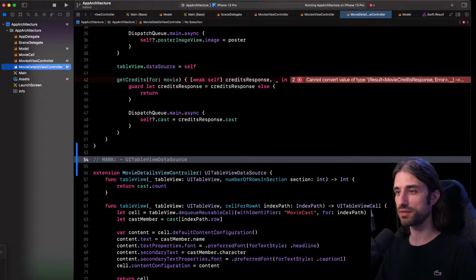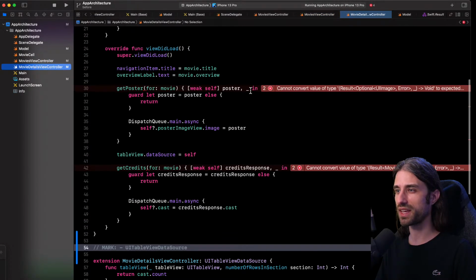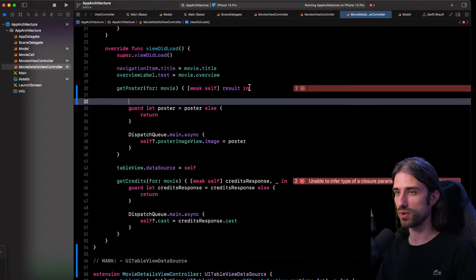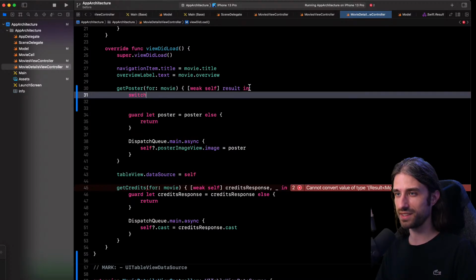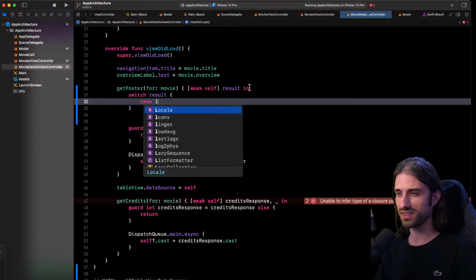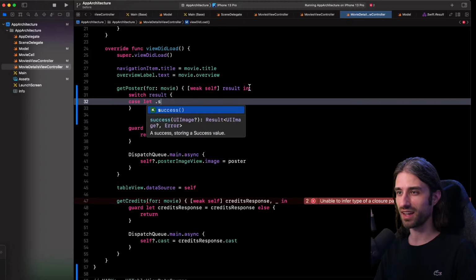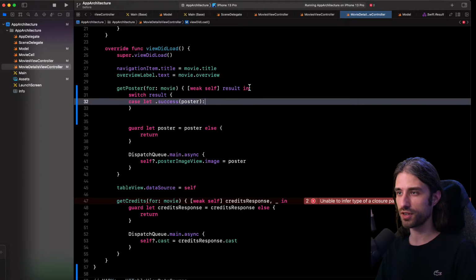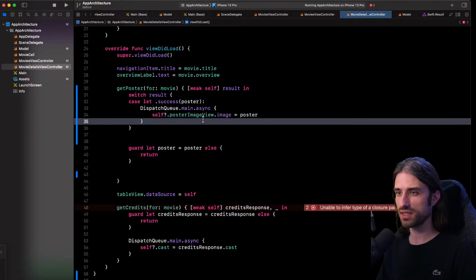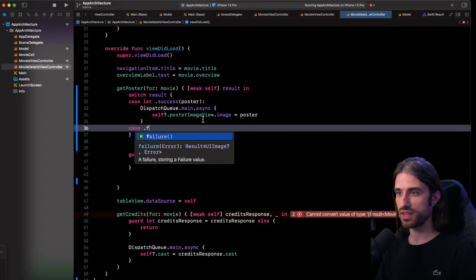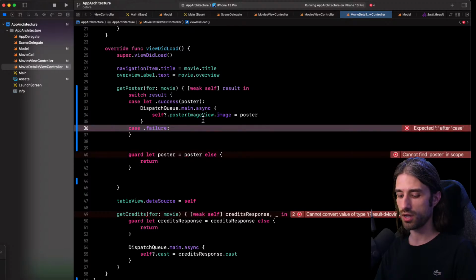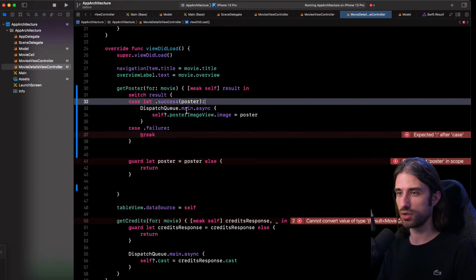Now I'm going to do the same thing for the second view controller. So here I have 2 call sites to deal with, but it's going to be the same logic. So I take a result as an argument now. So result is still an enum, so I still switch over it. Okay, this time I'm going to write it. So case let success. So I have my poster. What do I do in this case? I just move this code right here. I also have my failure case, and for this one, I ignore the associated value, so the actual error, and I just break because I don't do anything.